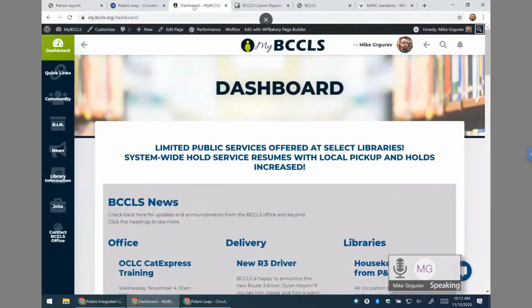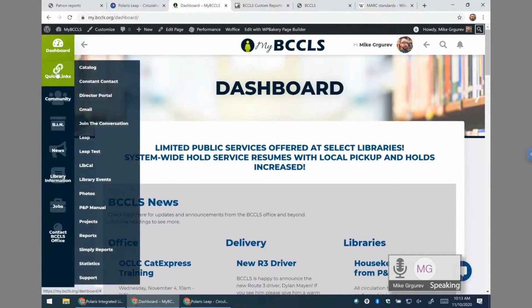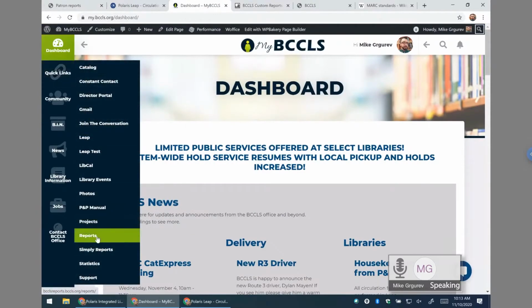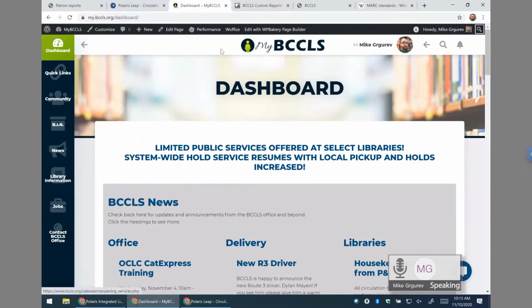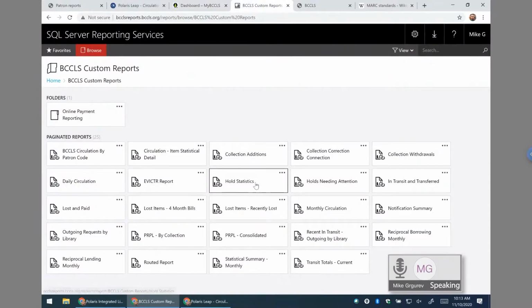In fact, if we go back over to My Buckles quick links, you'll see we also have regular reports, which you may be familiar with from where you get your Purple report or your hold statistics. Those are very different from Simply Reports in the sense that in Simply Reports, you're making the report yourself. It's less powerful in some regards because you can't customize as much, but, well, actually, you can customize it a lot,